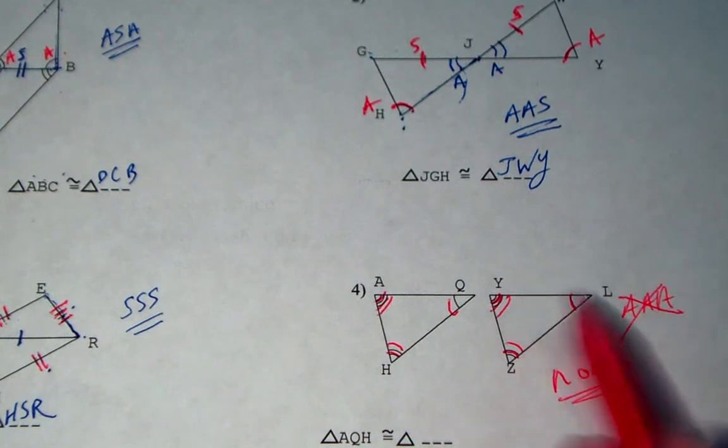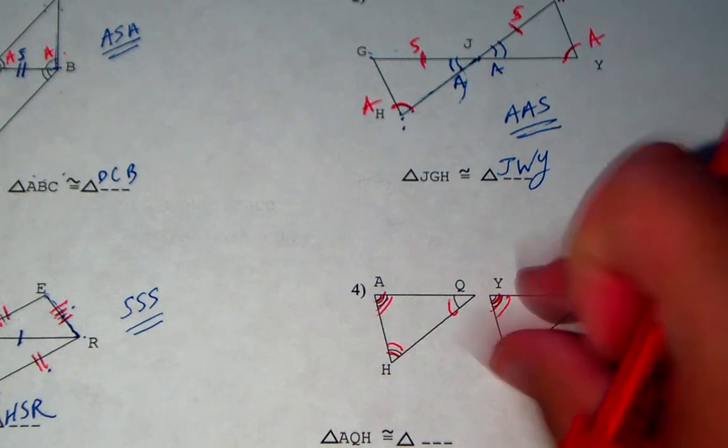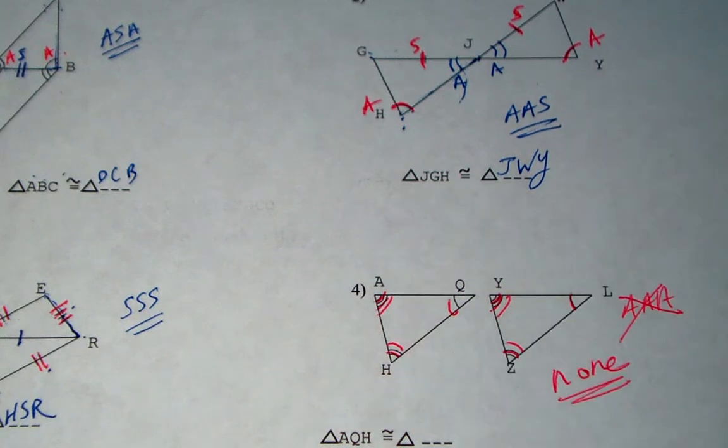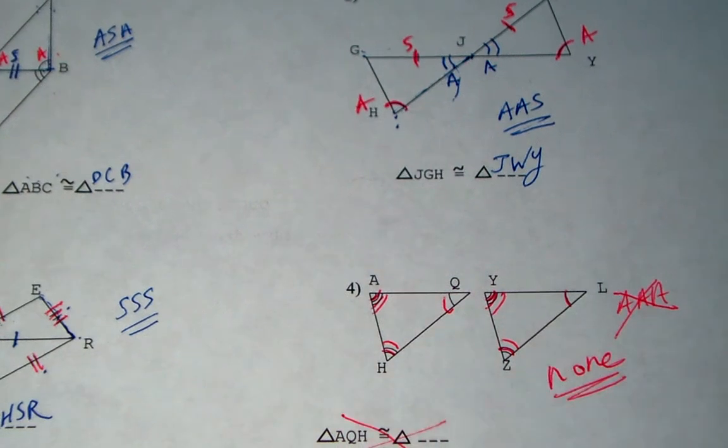And you can kind of imagine that there's no way to know if these are the same size just because they have the same angles. Imagine shrinking one of these shapes a little bit, right? It could be the exact same shape with a different size, and that means they're not identical. They're not congruent if they differ in size. So this would be an answer of none. And since they're not congruent, there's no need to write a congruent statement because that would be false anyway. Looking at the last 2 here,